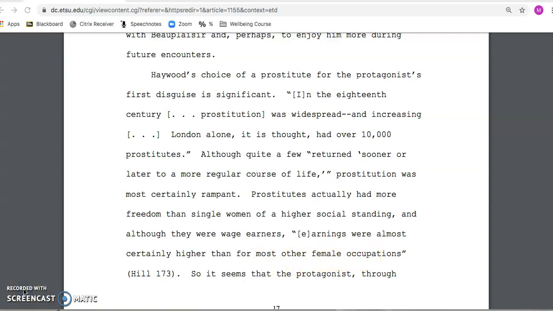So what has the student done here? She has found an article that has nothing to do with Phantomina. Probably the person who wrote this article has never even heard of the story Phantomina. But it is relevant to what she's writing about because it talks about prostitution in that specific period in that same country that the text itself, the story, is set in. So this is relevant for her argument.